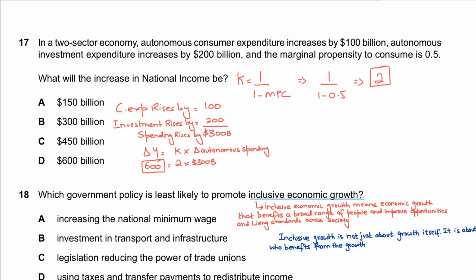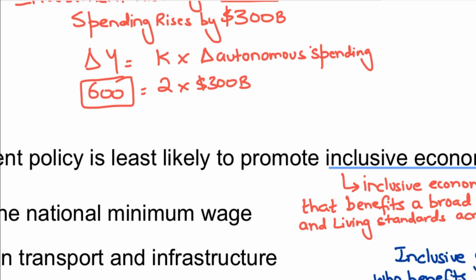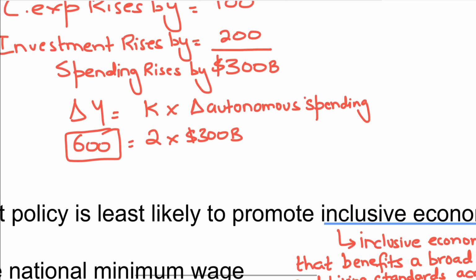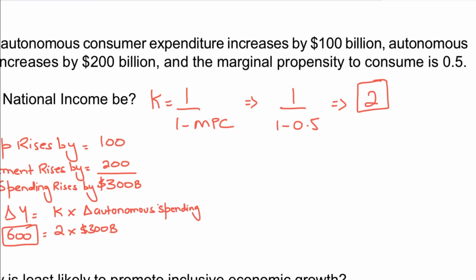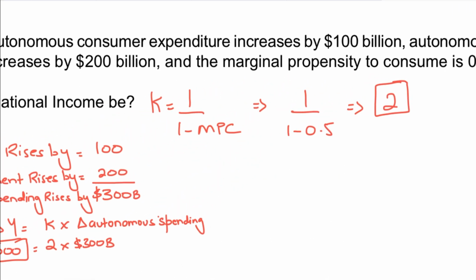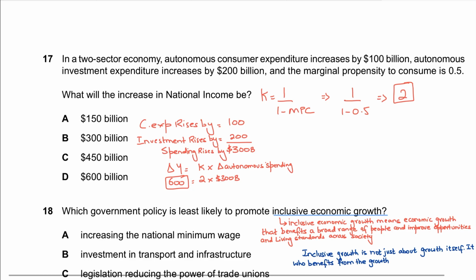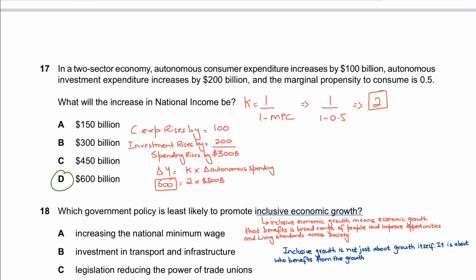So the increase in national income is simply change in Y equals the multiplier times the change in autonomous spending. The change in autonomous spending is 300. You need to calculate the multiplier with the formula of 1 over 1 minus MPC. The multiplier is 2, and 300 times 2 would be 600. So this is a pretty simple MCQ. I'm sure that appearing students would be aware of the multiplier formula and all of that.